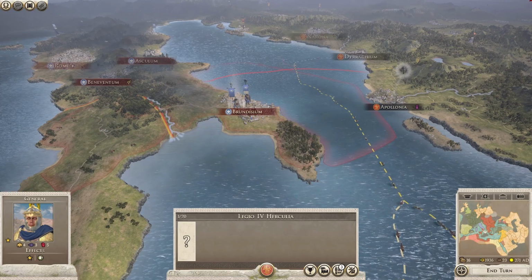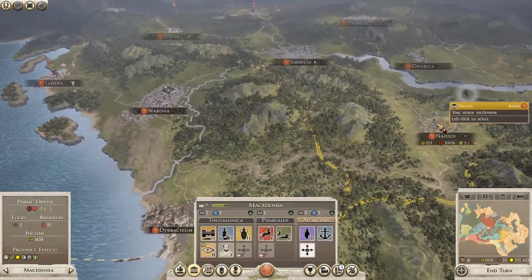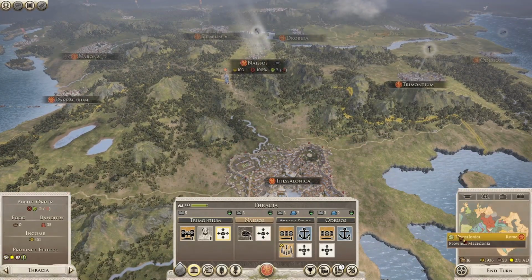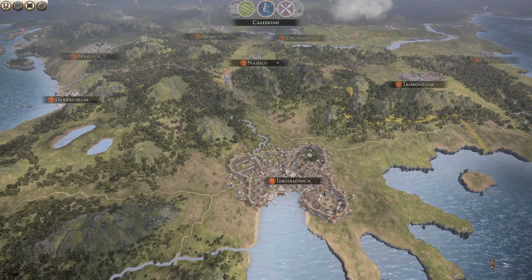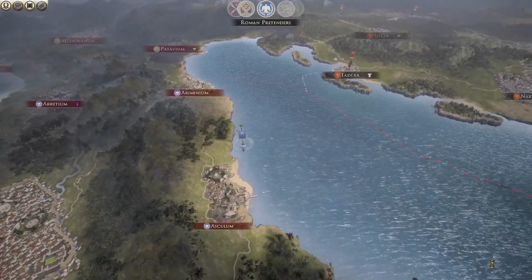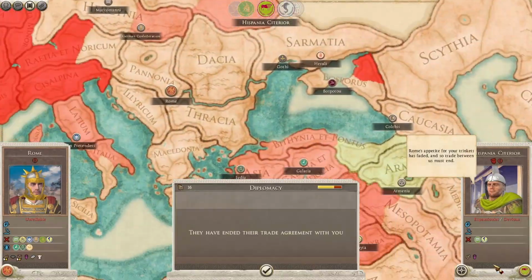And we have rather strong enemy presence there. And of course we should start improving our infrastructure here as well. And more of these pretenders are coming this way. Okay, at least some of them...